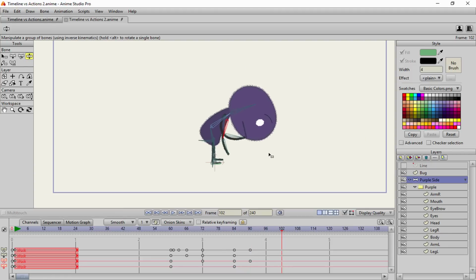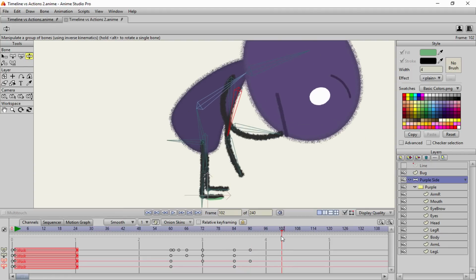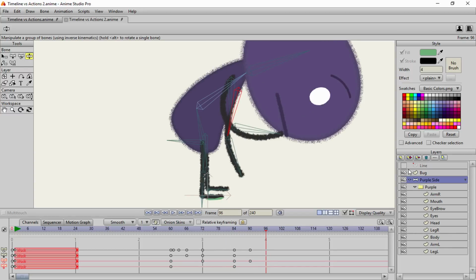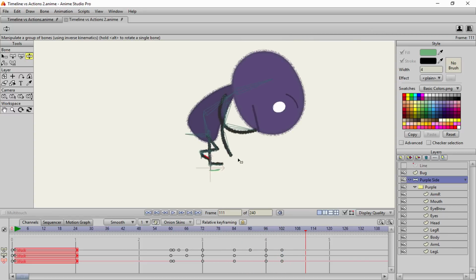And then what we can do is we can lift up his leg. So we'll go ahead and we'll have him bend down. We'll hit Control F to freeze all of our bones, so to freeze this whole pose. And then we can have him lift up his leg to see what the heck he just hit, what he just squished. We'll try to keep that separate, out of the way so you can see what's going on there. And he sees this little squished